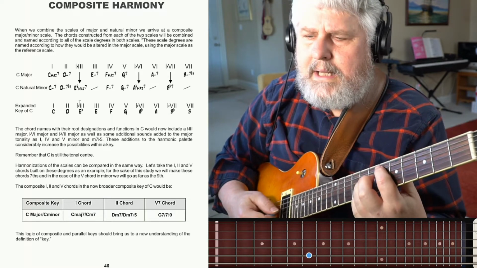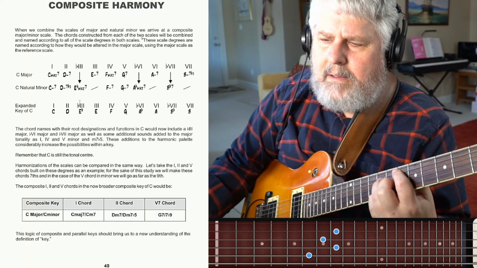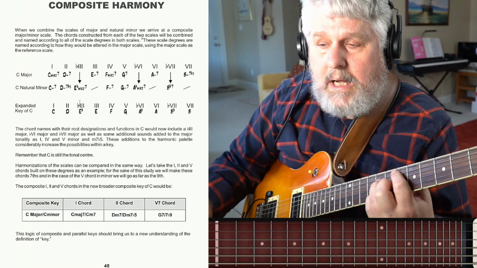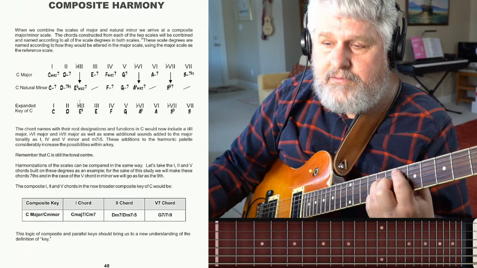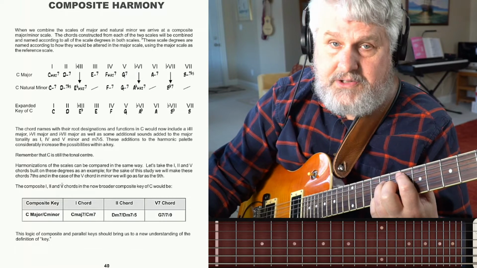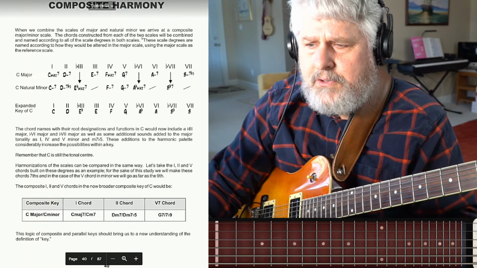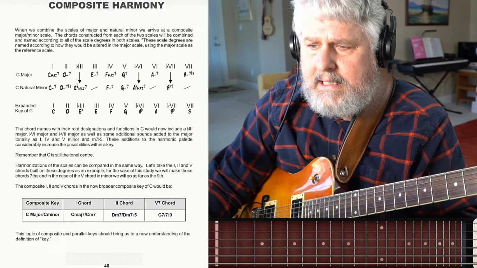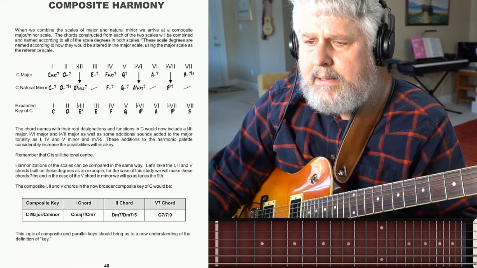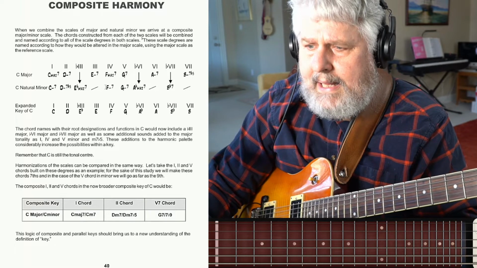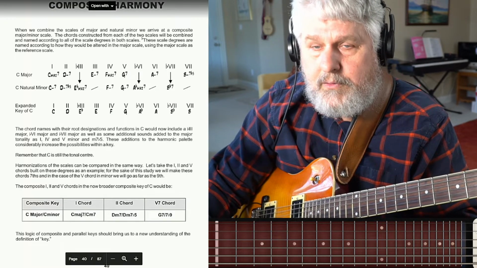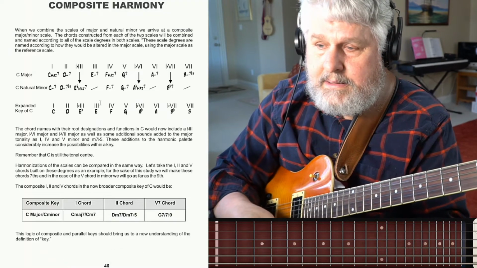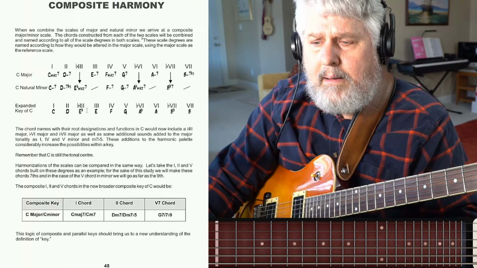So that 3 flat 3 major, you're not going to get that from the key of C. You can't derive that chord anywhere from the key of C major, the notes in C major. So the only way that you can derive chords like the E flat major, and like the D minor 7 flat 5, and like the F minor, all of which take place in this tune Night and Day, is by